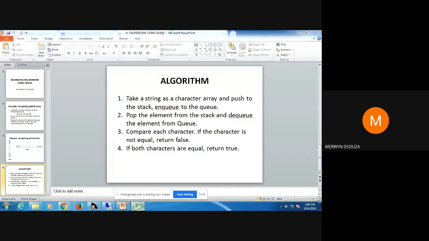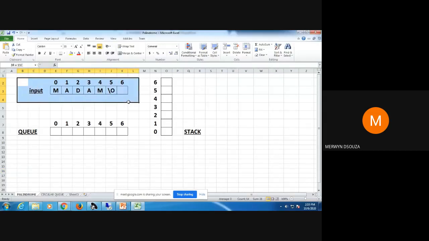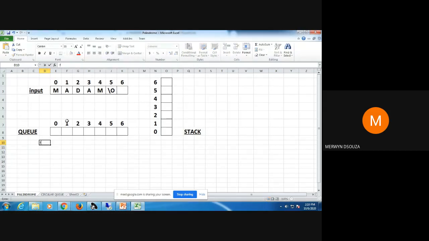Okay, so I'll just show you one example here of how that will work. Suppose this is your input array. What I've just highlighted is the input array, and I've stored one palindrome here. The word is madam. So in your first step, initially the value of your front and rear is equal to -1. Okay, I'll just write here.